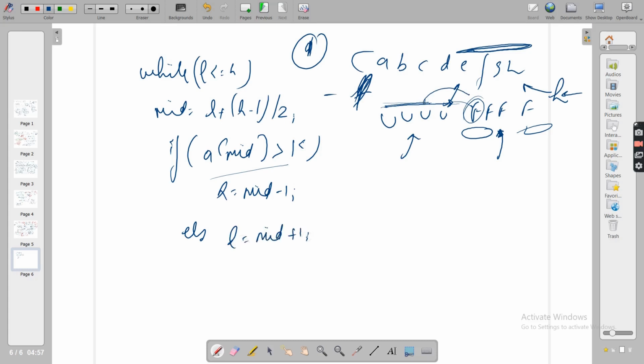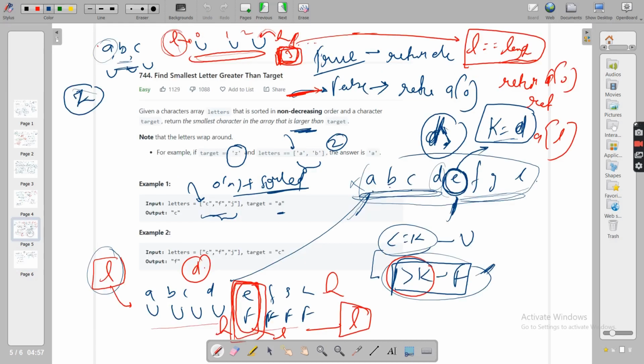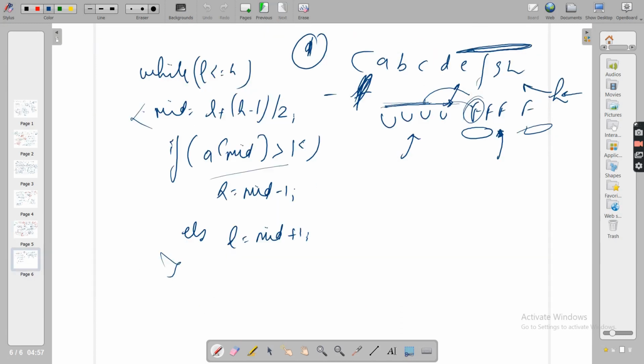Getting it, guys? Now once your loop is terminated, you know which index will give your answer. L will give you the answer, but you have to make sure that if you could not find your answer, if all of these were unfavorable and there was no favorable at all, L will point at the final index plus 1, which is the length.